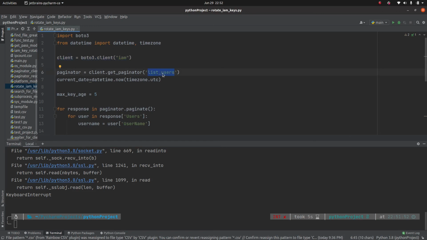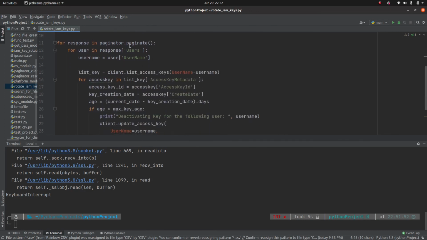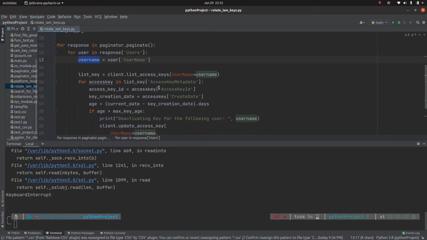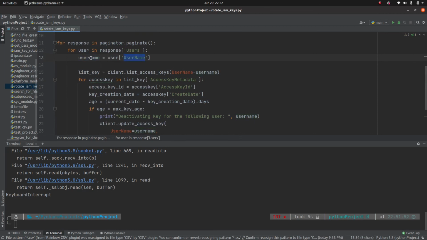The only reason we created a paginator here is because we have more than 100 users, and by default the page size for IAM is 100. Okay, then we paginate over it, and the most important thing we do from this list users is to get the username. Then for those users we got the list of keys, and we have stored the value of access key ID and the key creation time.